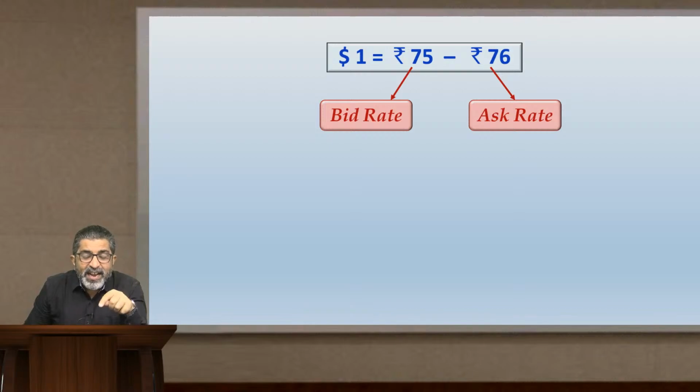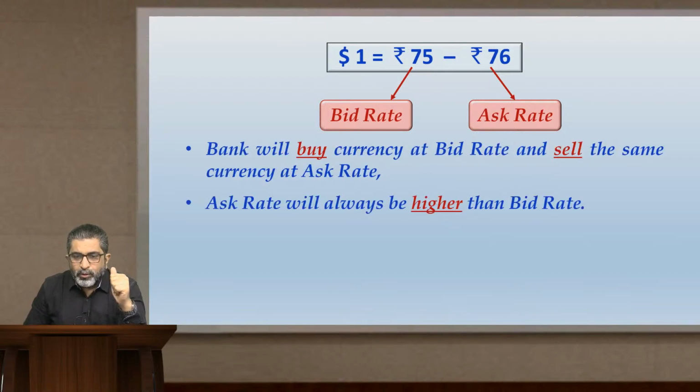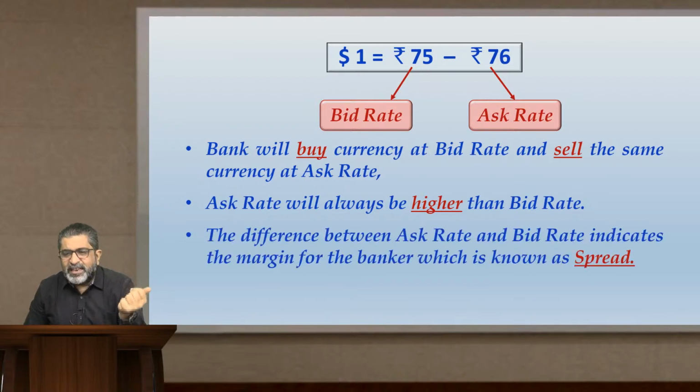Ask rate is the rate at which the bank will sell the currency and the customer will buy the currency. So ask rate will always be higher than bid rate, correct? Ask rate will always be higher than bid rate, otherwise the bank will not be able to make a margin. So the difference between bid rate and ask rate typically indicates the margin for the bank, and that margin is known